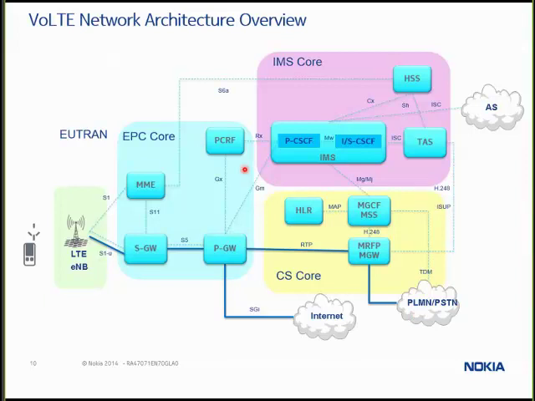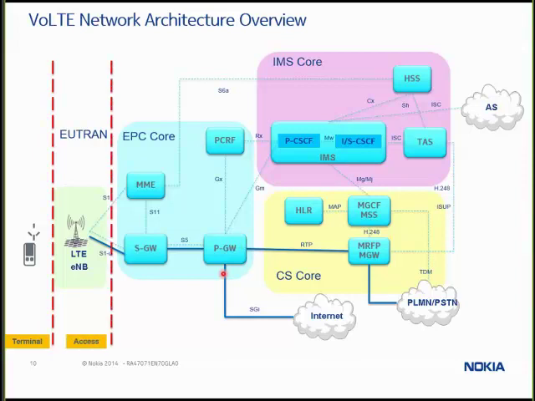Our typical LTE network is here. So we have our subscriber, we have our LTE eNode B, and then we have the EPC core. This is what we've been using, and it's just a straight packet data network for accessing. Now, we like to divide it into 3 parts. First of all, the terminal. That's the subscriber, also known as the UE in our network. The eNode B is really the access. It's the radio access portion of the network, and in our case, we call this the E-UTRAN. Now, the EPC core and the IMS core and the CS core, we tend to call this the core network.